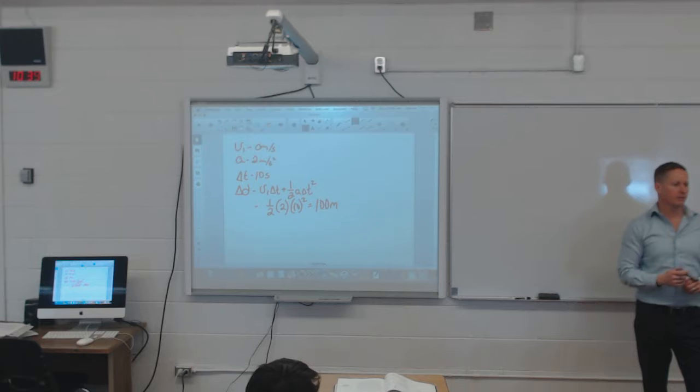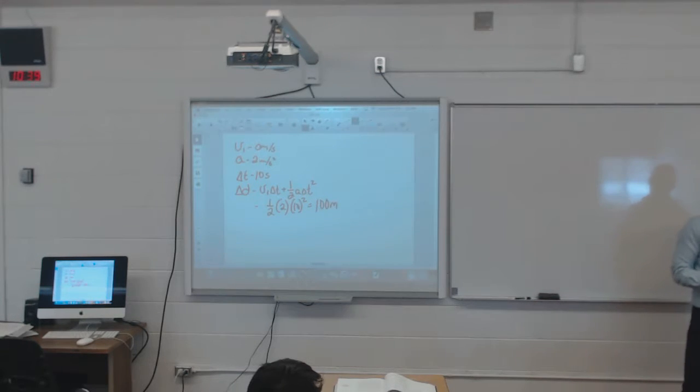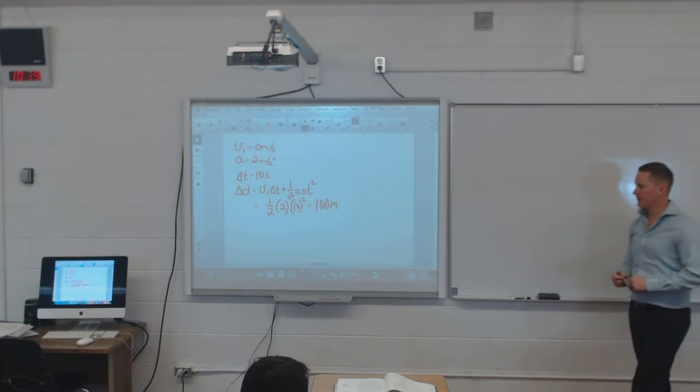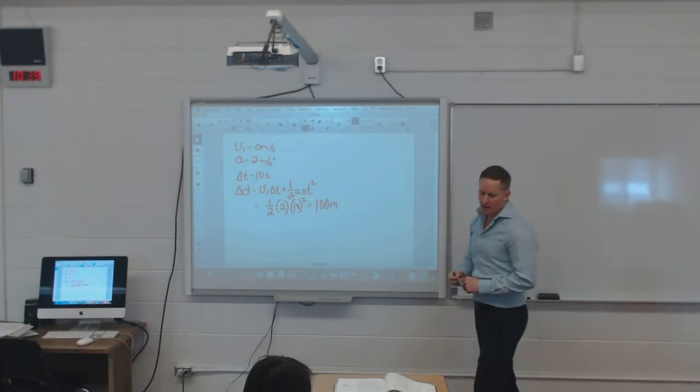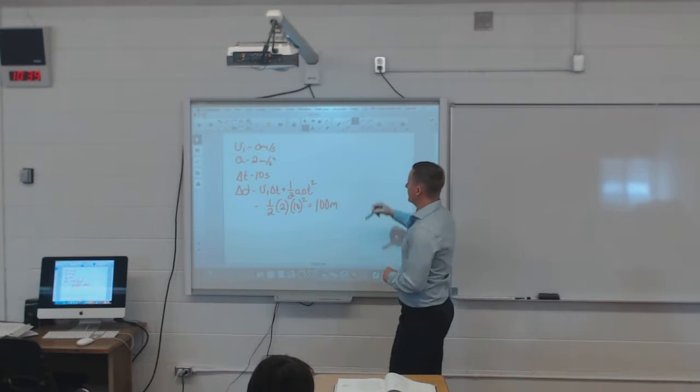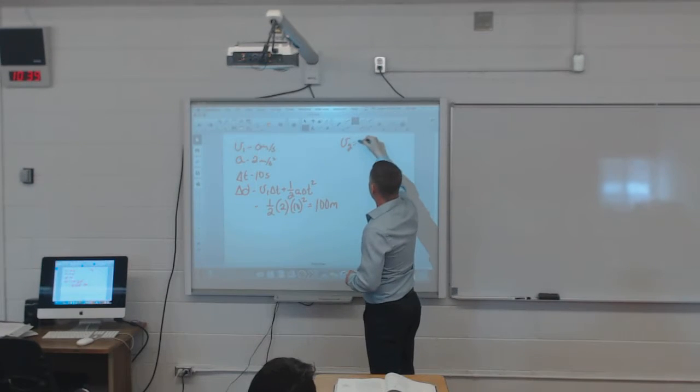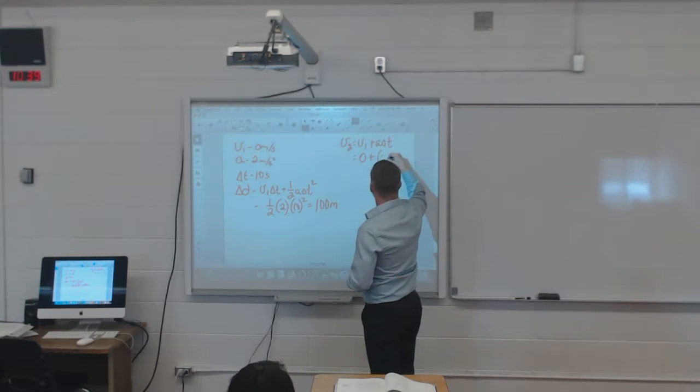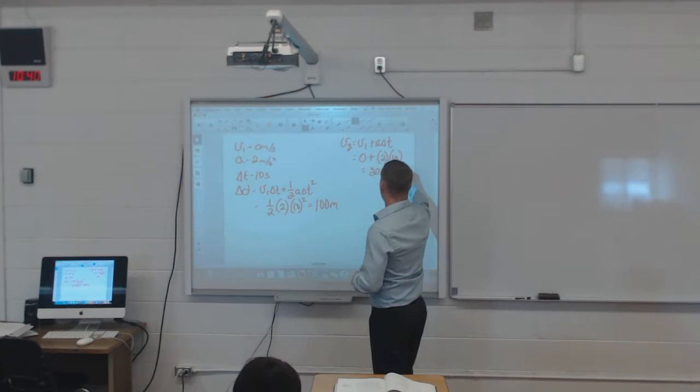But it's not even close to being correct, because you can't use the acceleration of gravity because it's not moving up or down. It's moving horizontally. I'm just going to write this one down. Yeah, good idea. Okay, and the last part of this says, what will be the velocity? So I need to know V2, V1 plus A delta T, 0 plus 2 times 10, 20 meters per second.